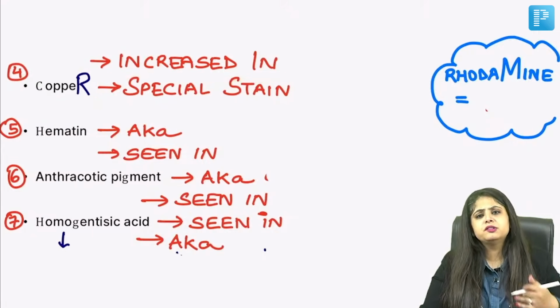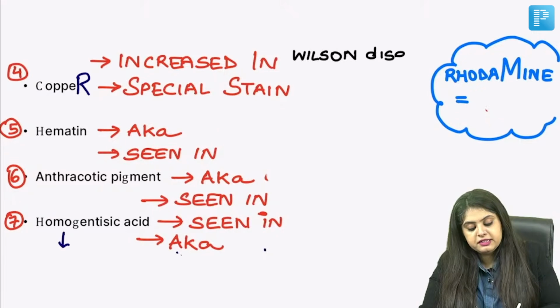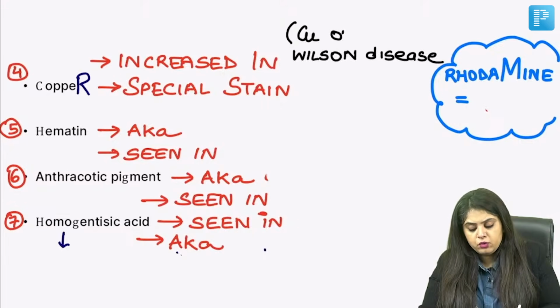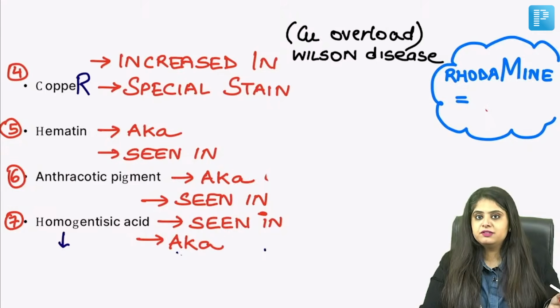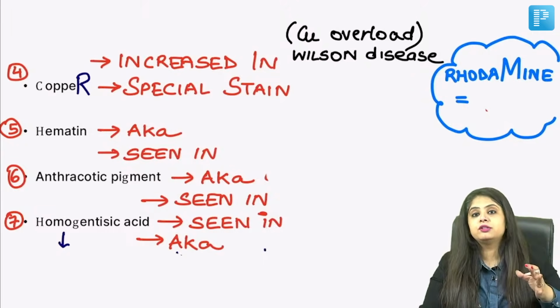What is that disease? A person has lots of copper in the body. Copper overload. What is that situation known as? Copper overload condition is known as Wilson disease. Copper overload is known as Wilson disease. So now when a person comes to me with Wilson disease and he has too much copper, in the liver also there is copper, in the brain also there is copper, in the eyes also there is copper, you will